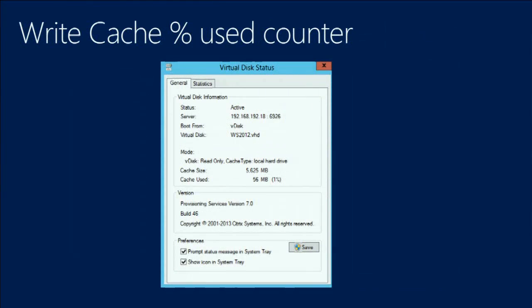Write cache percent use counter. This is also something that's really, really cool because when you're building your virtual disks, you're always curious in terms of how much write cache am I using for my temporary data. There's a new counter that is actually shown in there that tells you what the percentage of write cache actually